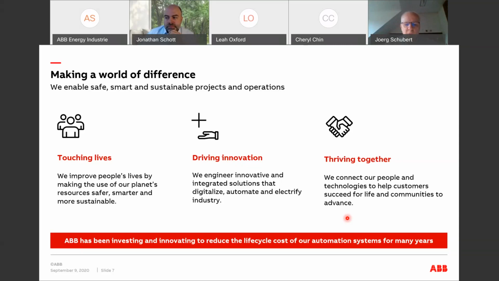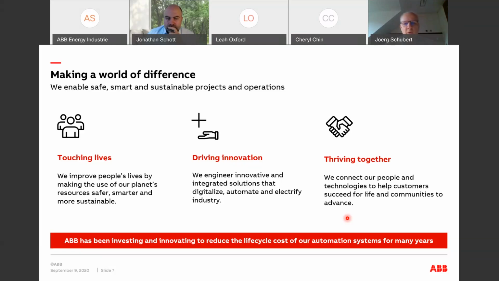So even before we talked about digitalization, I think ABB introduced something that's named Aspect Objects, which was our digital twin. We have spent a lot of effort in utilizing open standards. And overall with all our work, we had the goal to make the automation solutions helping to reduce overall lifecycle costs for automation facilities.